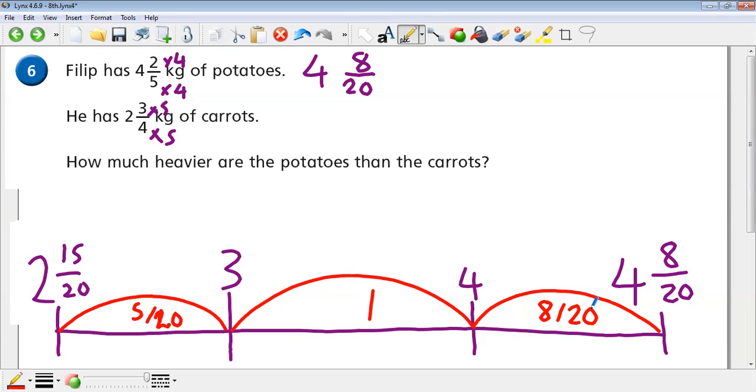We've got a nice whole one here. And then we've got 8 20ths and 5 20ths. 8 and 5, we can just add the numerators because the denominators are the same. 13 20ths. Now, this 13 20ths, I'm just going to show you how this would work if you did convert them,